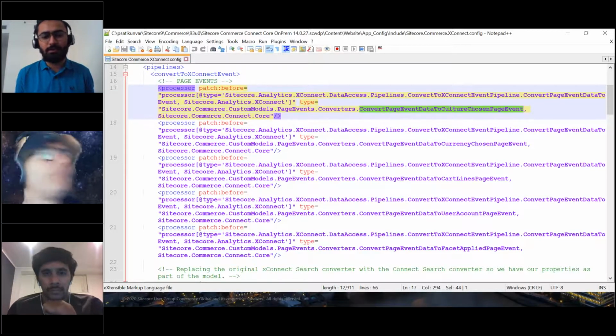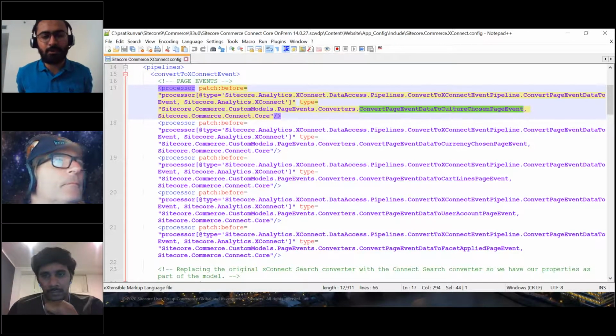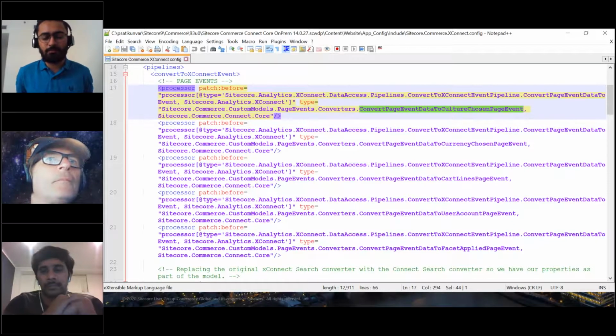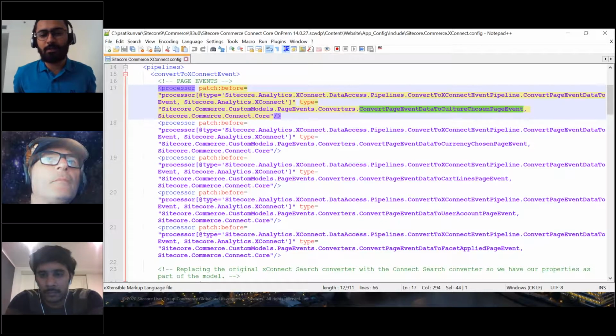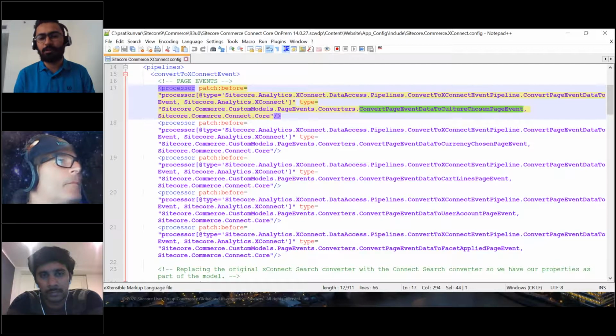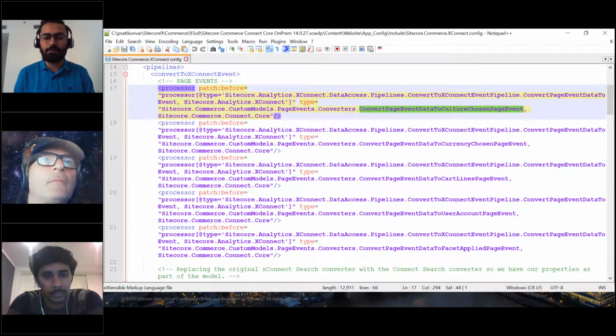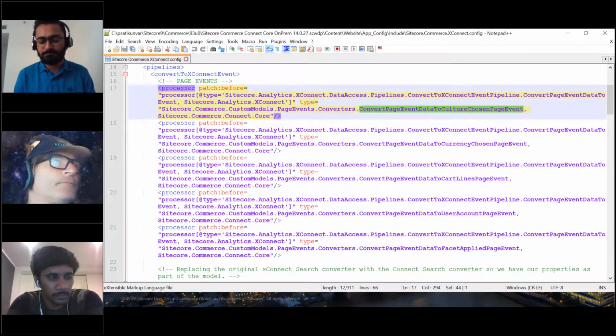If I write my custom component and just raise a goal or outcome, I can define the custom values there without using this analytics or outcome data. But then if Sitecore expects the data to be retrieved or stored in a different way, we'll see some discrepancy there. So it's always advisable to use analytics data or outcome data to change anything which you are storing or retrieving to analytics.